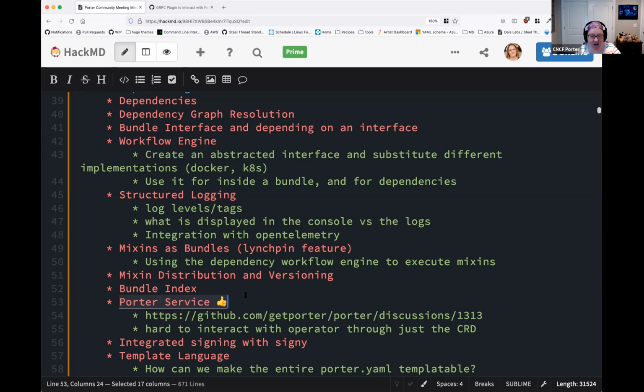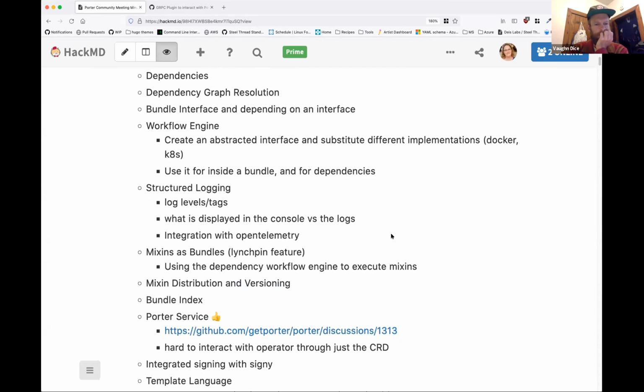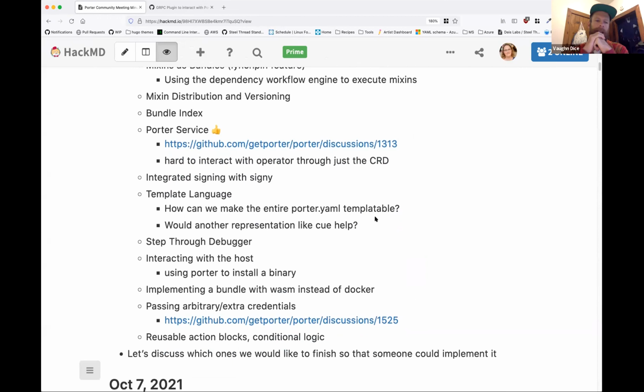So Vaughn, which ones were you voting for? Go to this one so we can see them a little better. At least recently, I've been running into template language things. Currently, correct me if I'm wrong, I could be out of date, the only templating or resolution we can do is in actions. Yep, so it's a big limitation. So it'd be nice, just like you have that bullet there: how can we make the entire Porter YAML templatable? But that's only kind of recent experience. I would vote for that one,